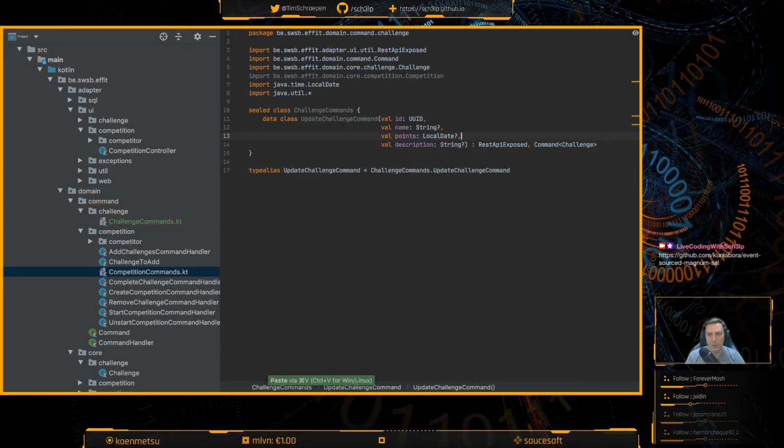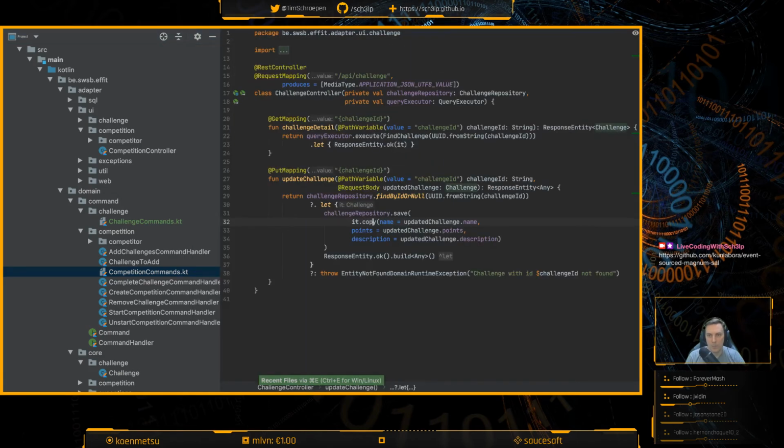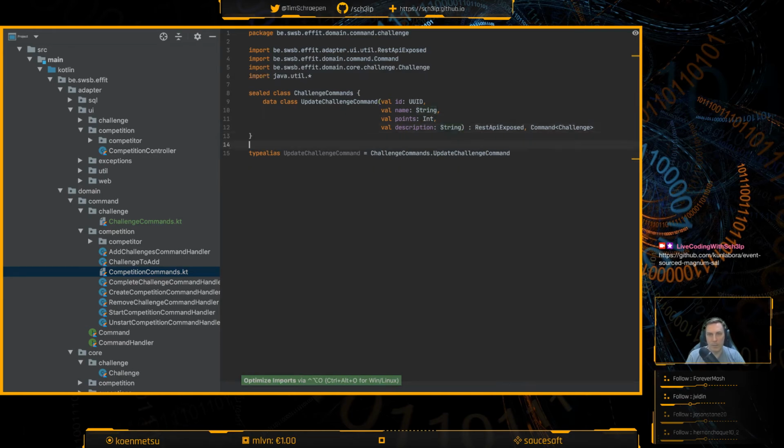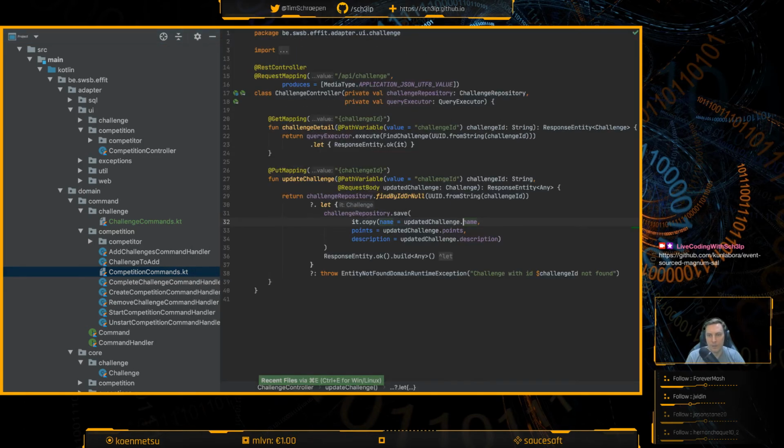There we go. I'm not sure if this is not an optional thing. Neither is this, and neither is that. Points is an int. There we go. Okie dokie. And with that, I will be able to remove this if I use the find challenge query as well.